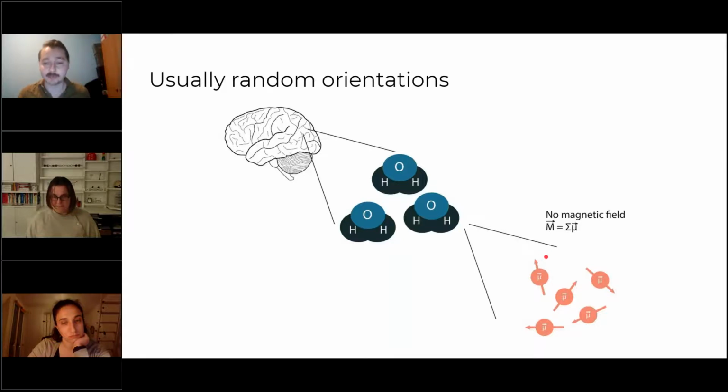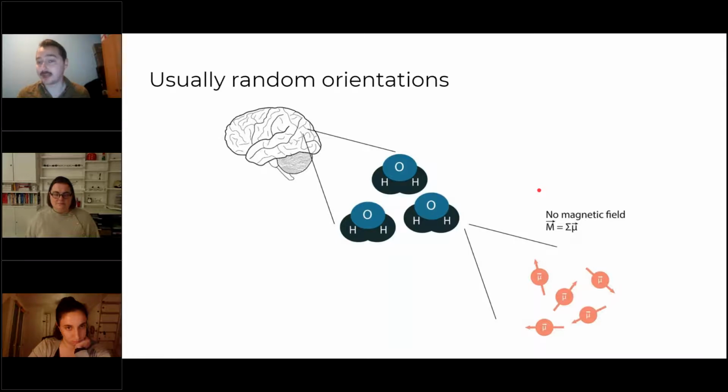We don't have the kind of nanotechnology yet to be able to measure a single spin's magnetic field. We only have to rely on a large number of these spins, the sum of their individual magnetic fields. The problem being that, of course, this sum, so this net magnetic field, is going to basically be zero if